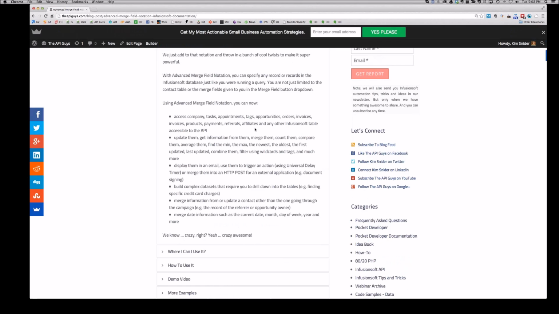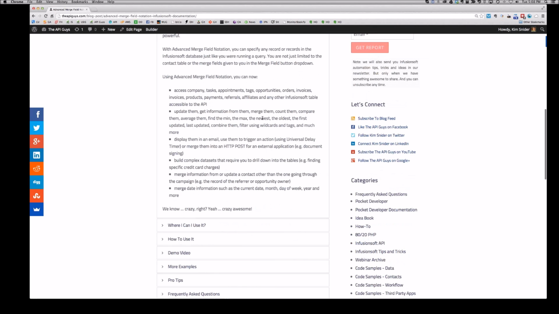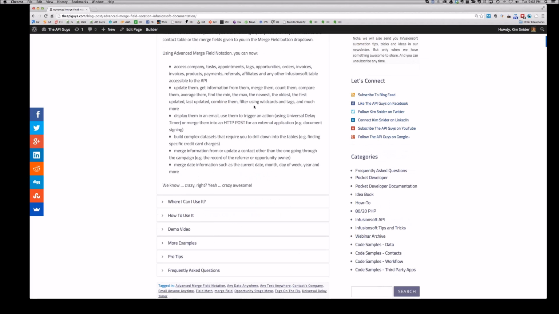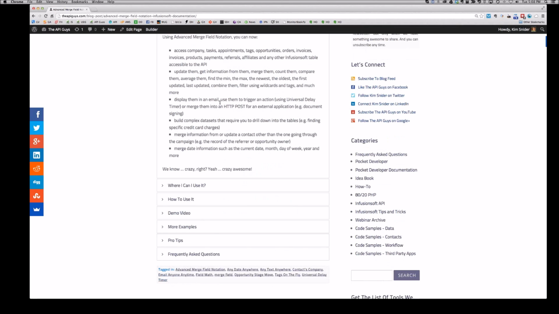Not only can we get them, but we can update them. We can pull information from them. We can merge them, count them, compare them, average them, find them in the max, the newest, the oldest, the first updated, last updated. We can combine them, filter them, etc. So I'll show you a few of those here coming up, at least the notation for it, a few examples. You've already seen Email Anyone, so you know that you can put them into emails. And